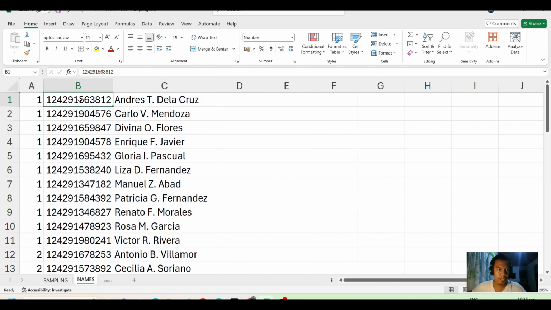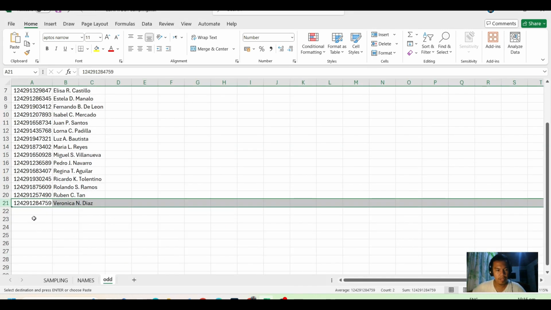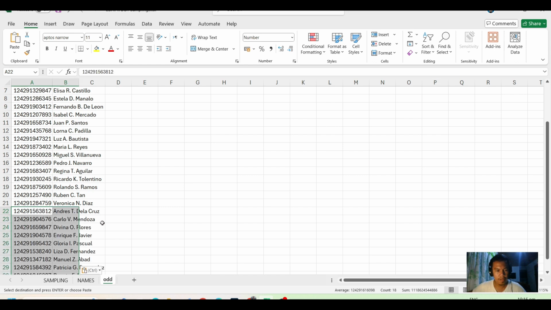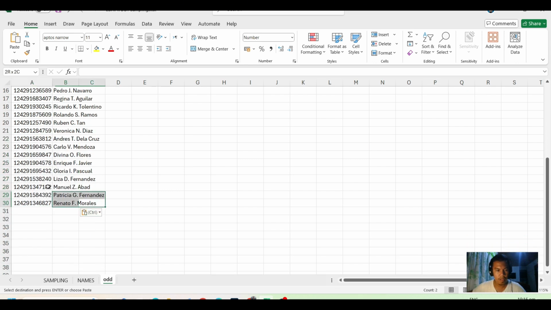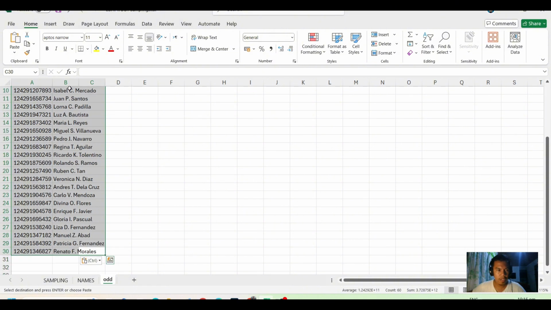You have to pay attention here: 1, 3, 5, 7, 9, so 9 learners. Copy this and paste it here. This will complete your 30 learners.